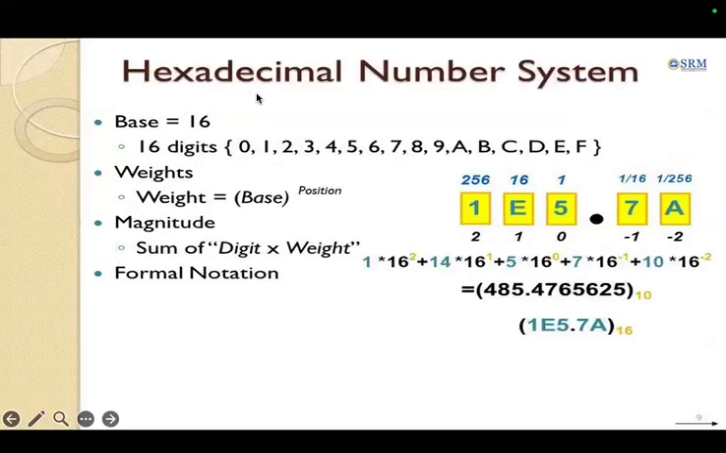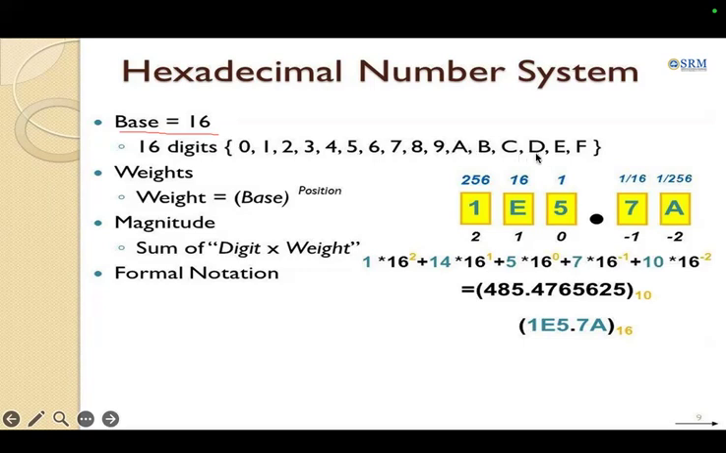Next, let's look at the hexadecimal number system. The procedure is the same, but its base is 16. So the hexadecimal number system has a base of 16, and the 16 values are 0 to 9, like decimal. And after 9, the remaining six values are represented using the alphabet